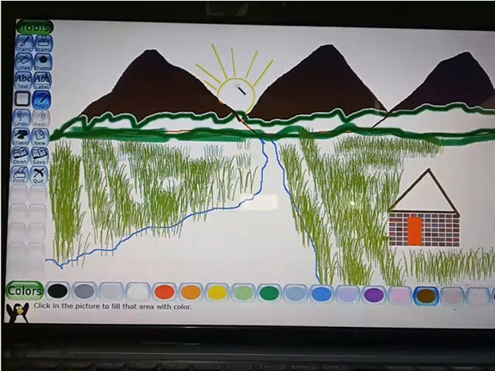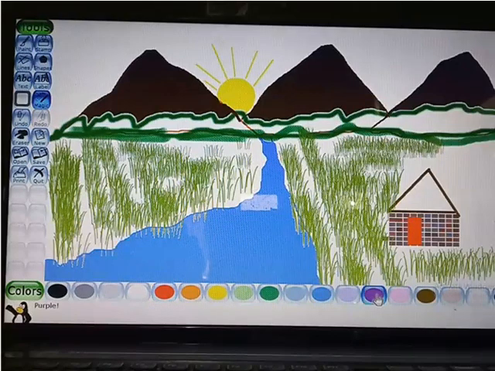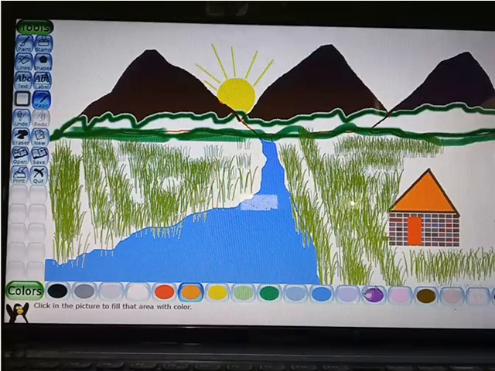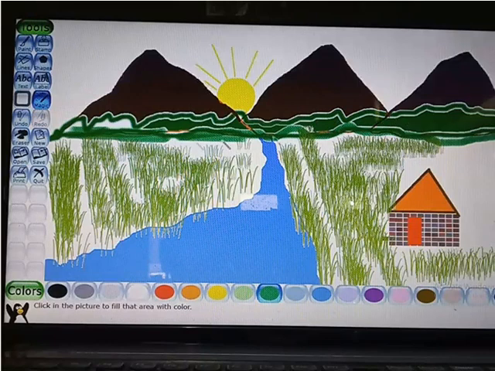Suppose I want this one yellow, so fill yellow. Now this one I want blue, so fill blue. Now this one I need red, not blue, or whichever color, you can give orange also. Okay, this much is done. Now I want to fill all this with green color, so this is the green color, and like this you have to fill the green color.